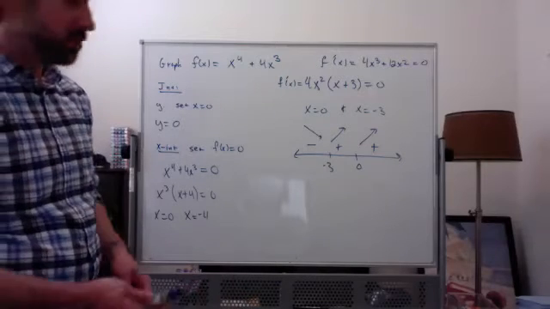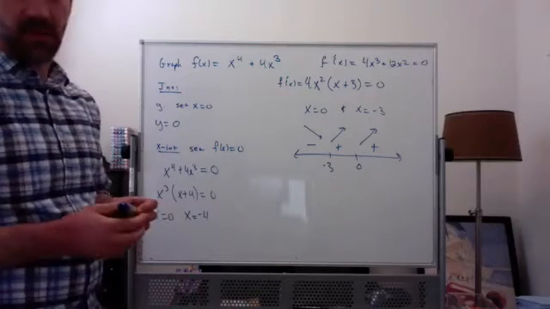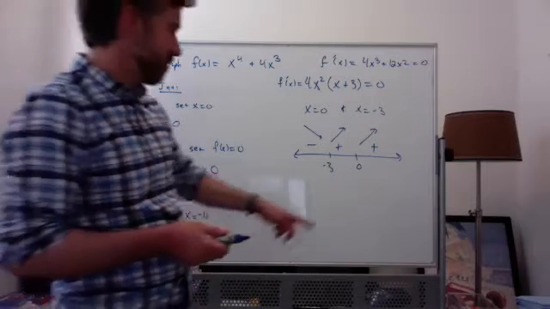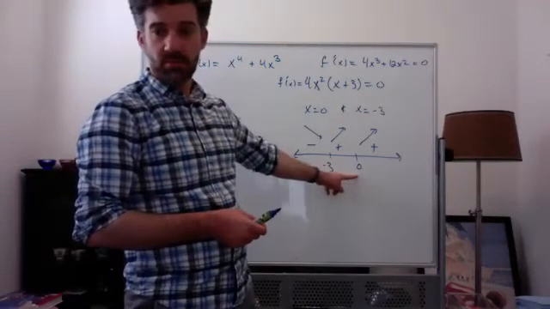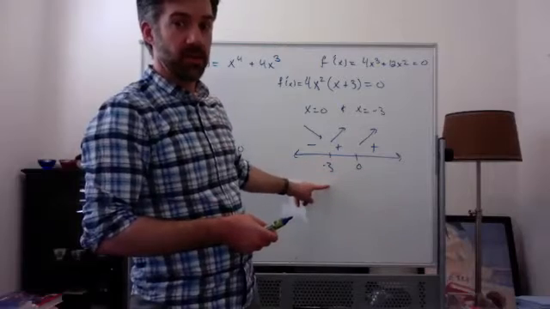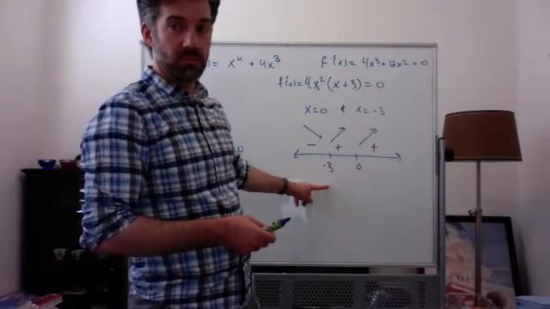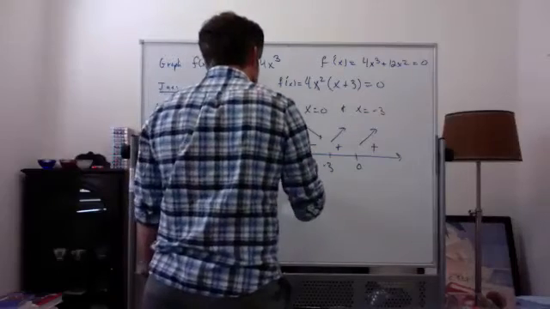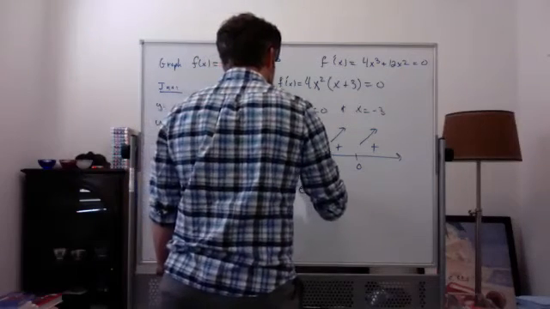So, do we have a relative maximum anywhere? Do we have a relative maximum at 0? No. How about -3? That's a minimum. Correct. So we definitely have a relative minimum at